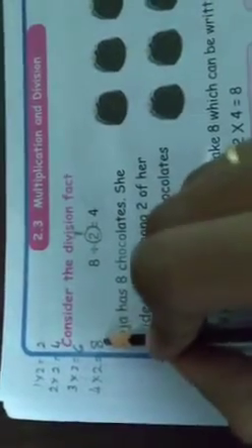Consider the division fact 8 divided by 2 equal to 4. This is a division fact. That is, in 2 table, the number 8 comes 4 times. For example, now I am writing 2 table here. 1 2 is 2, 2 2s are 4, 3 2s are 6, 4 2s are 8. So, in 2 table, the number 8 comes how many times? 4 times. So 4 is the answer. This is a division fact.